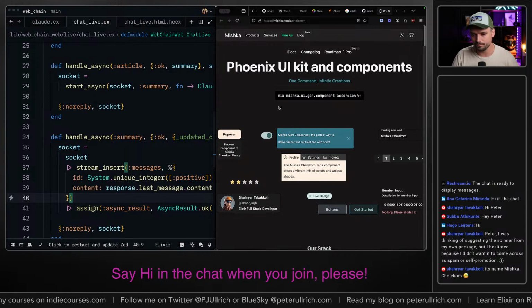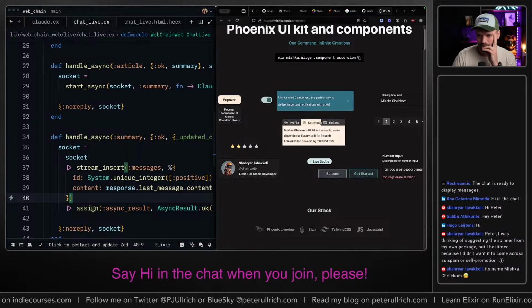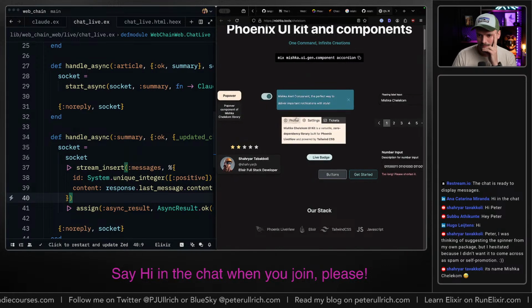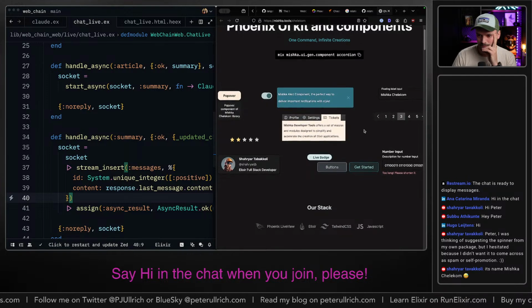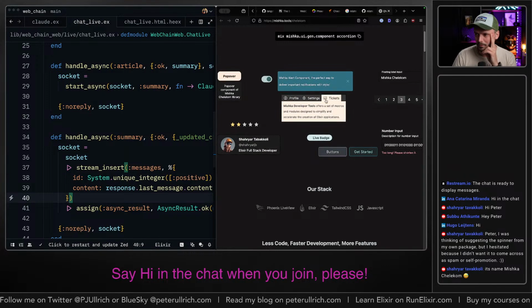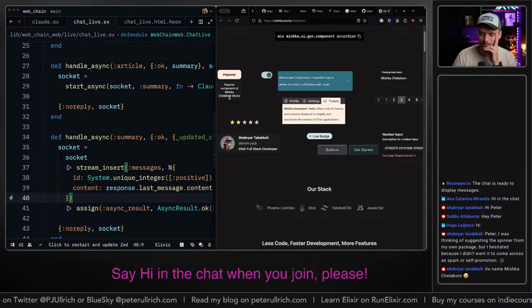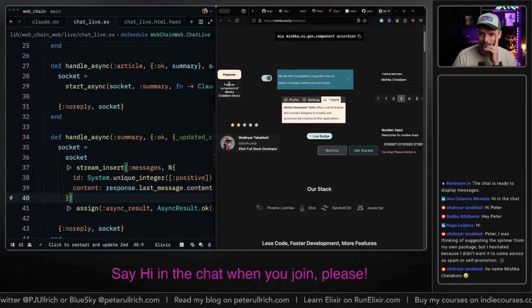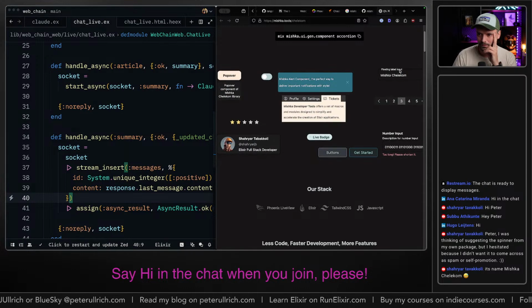Oh, yeah. Nice. Batch buttons. I like the animation here. Pop over. This is a pop over, I guess. Toggle floating label input. That one's nice.